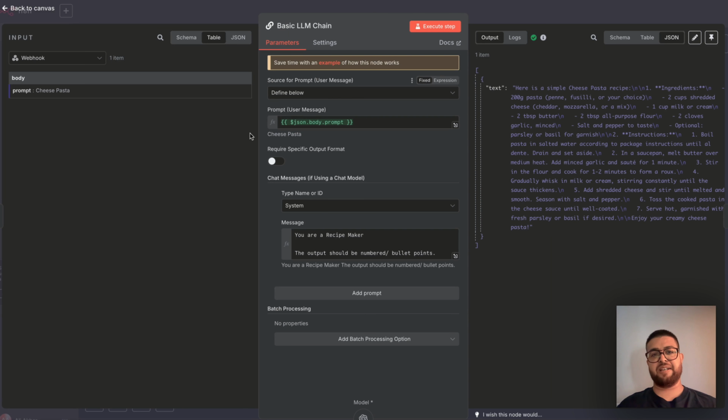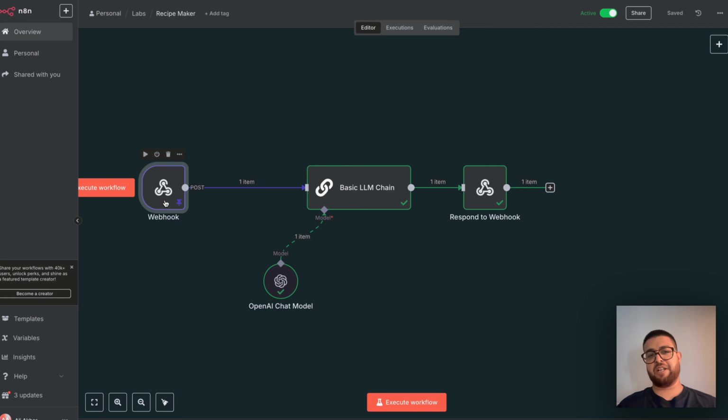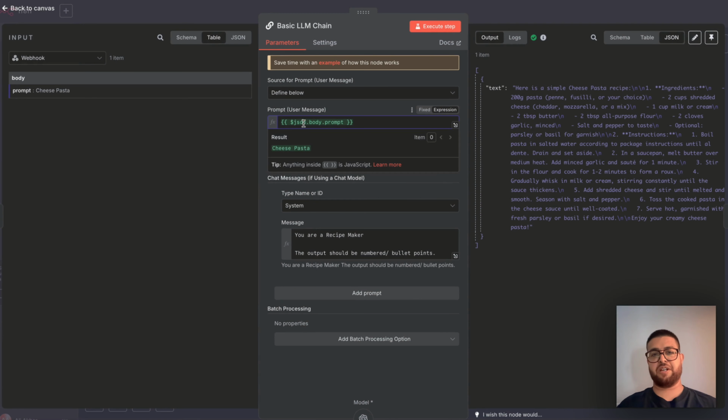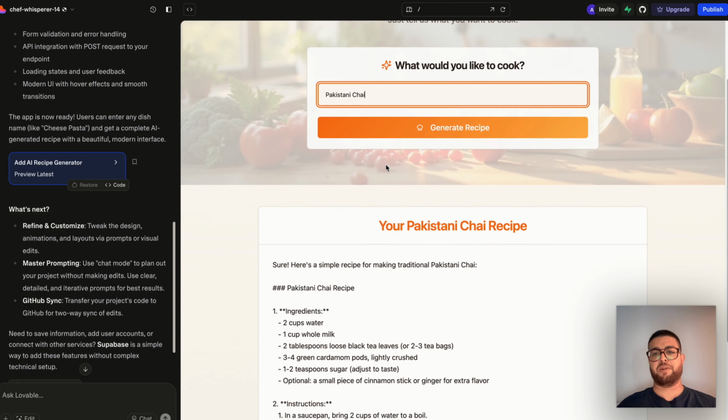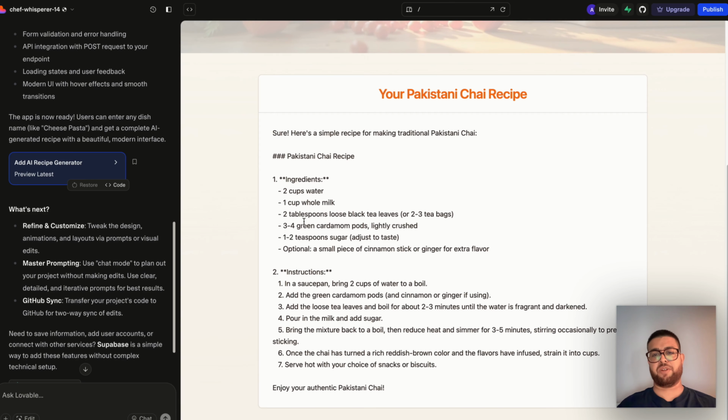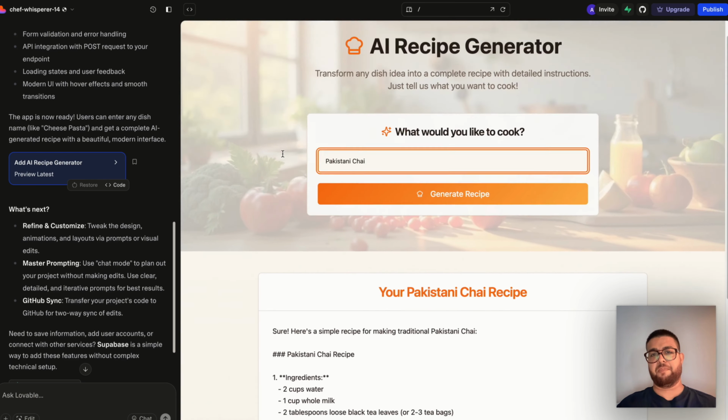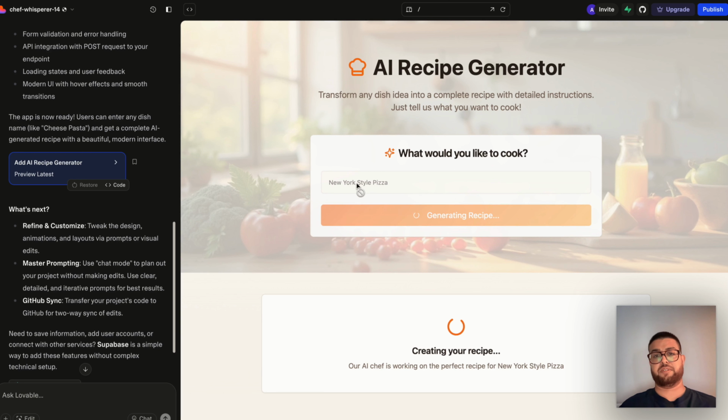And this is mock data, that's why it's purple, but actually the real input goes here, and the real input goes here to the LLM, and then the value is processed by OpenAI, and then it is sent back to the Lovable app that we just built, and that's what we are dealing with right now. Amazing. We can test another thing. We can say, hey, make pizza. Let's see.